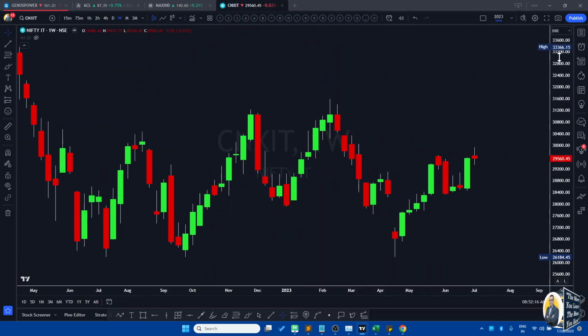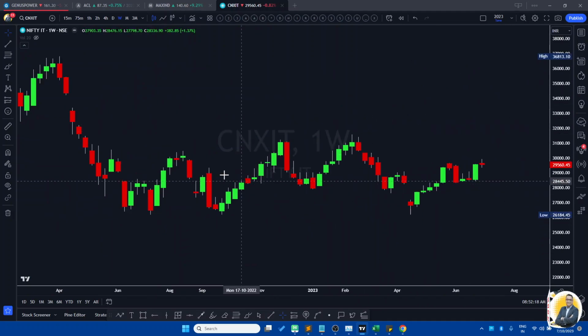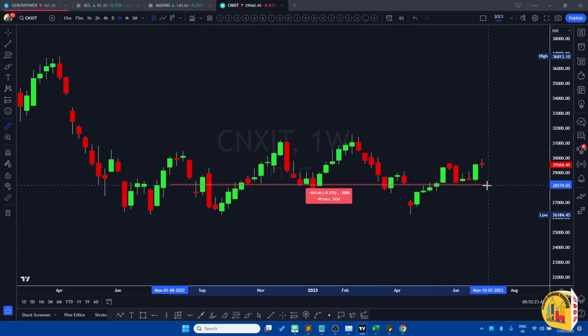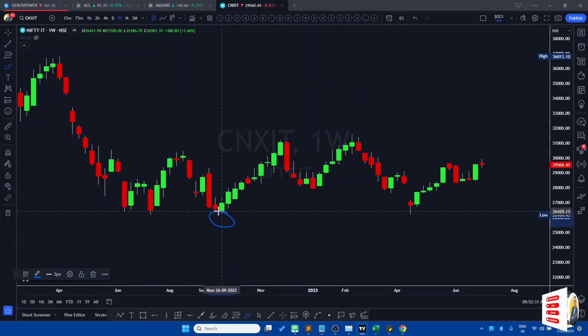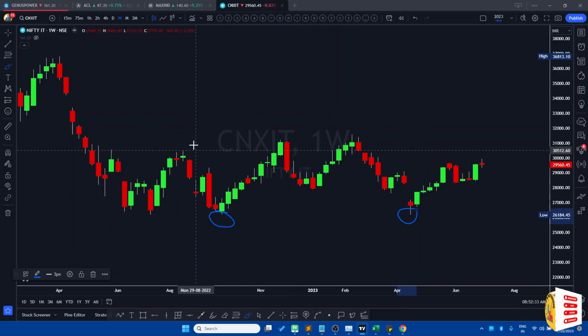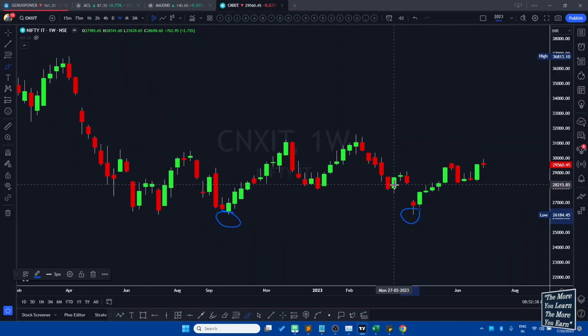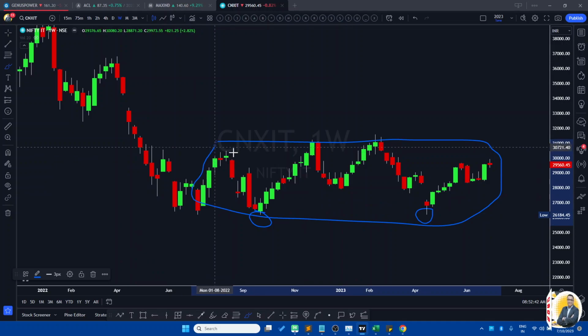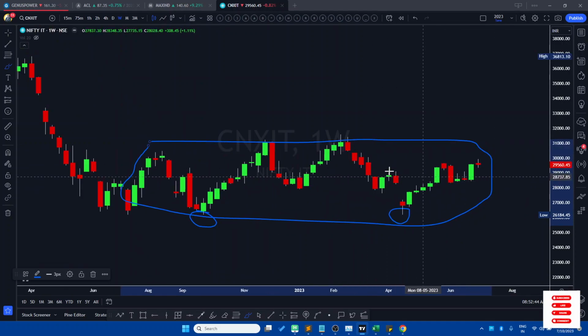But the structure here, if you look at it on the weekly basis, you don't see any trend. It has been sideways for almost one year, right? And it has formed a base here nicely. So there's one base, two bases, and now it's trying to perform. So I think this is a box kind of thing. People call it the box theory, whatever it is, but this is where it has been going inside for the last one year.